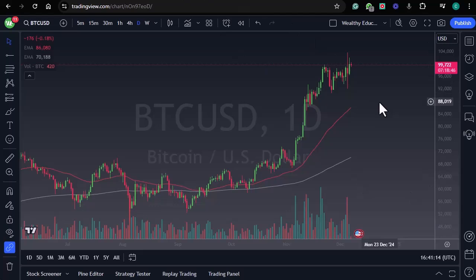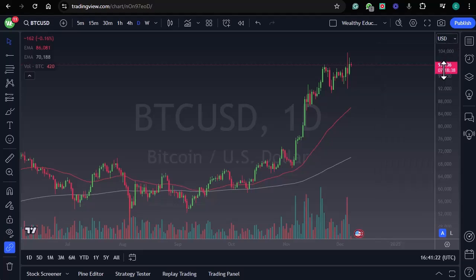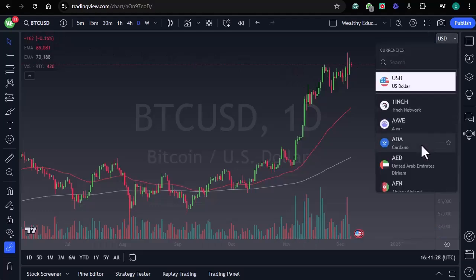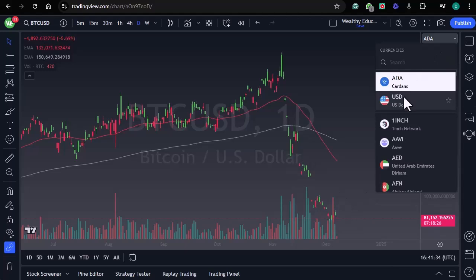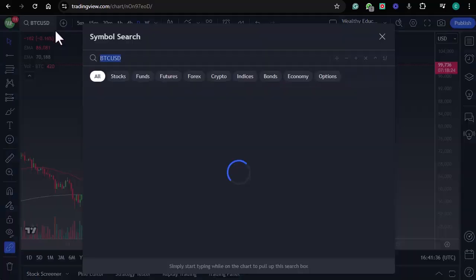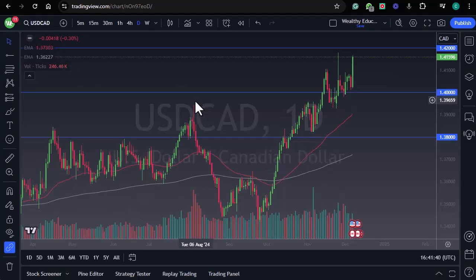Now, obviously, you're going to want to be able to read the market price. And it's right over here. And it's in US dollars by default, as far as Bitcoin is concerned. But I can change it to Cardano, for example. And it changes completely. Or, in the case of a Forex pair, dollar, Canadian dollar,